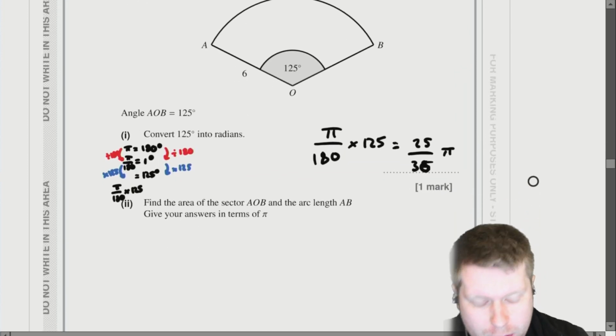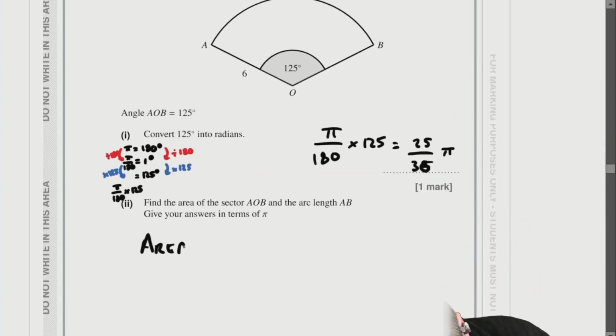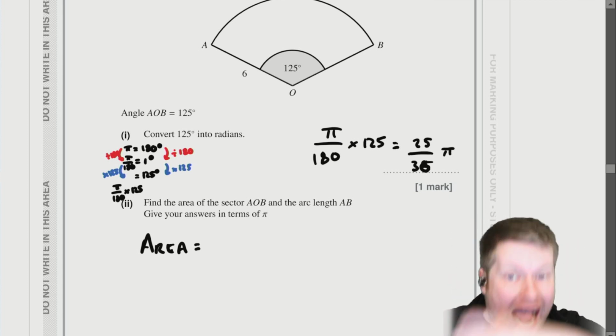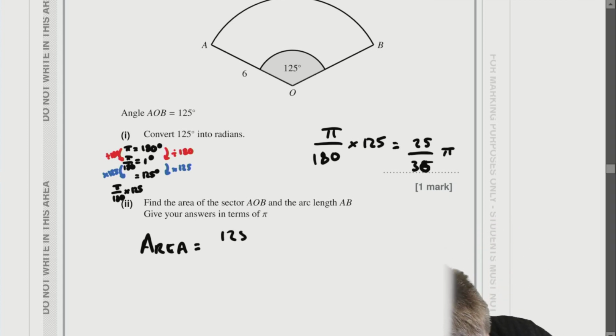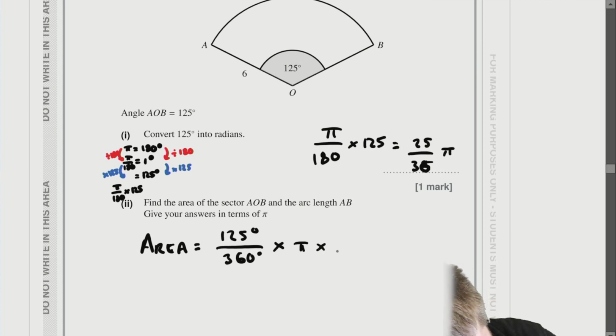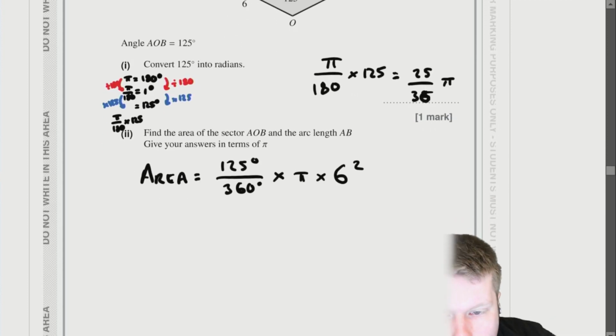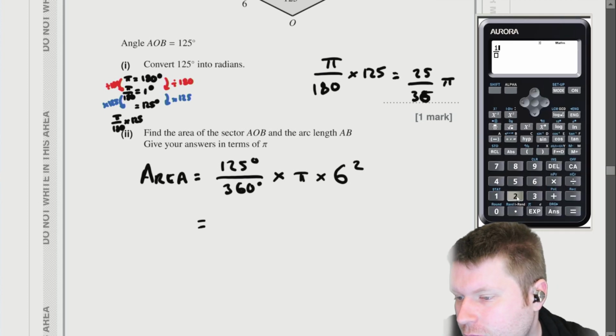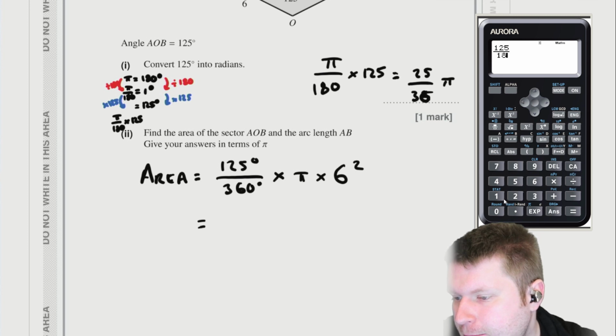So find the area first of all. Again, remember to find the area of my sector. You think about it as I've only got 125 degrees out of the full circle. So that's 125 degrees out of the full 360 degrees that should be in the full circle. And then I multiply this by how I find the area of an ordinary circle, which is just pi r squared. So if I times this by pi times r, which in this case is 6 squared, then as a result, I can just give my answer in terms of pi, so I don't have to do any more work here. I just bring in my calculator, type this in nicely, so I just go 125 over 180,